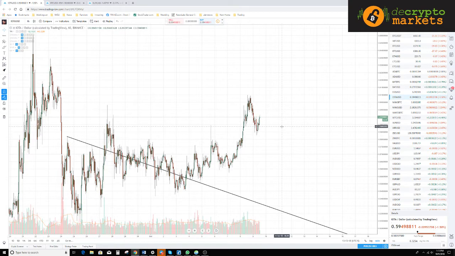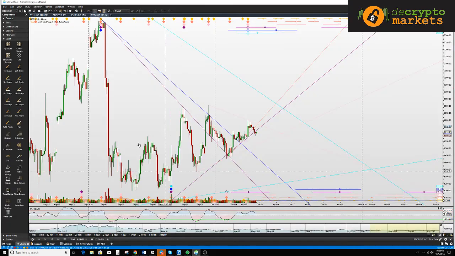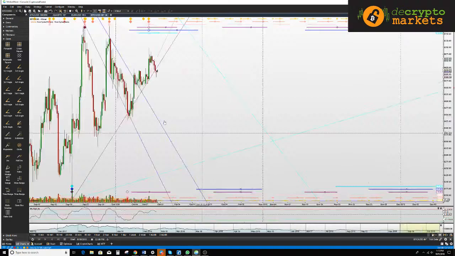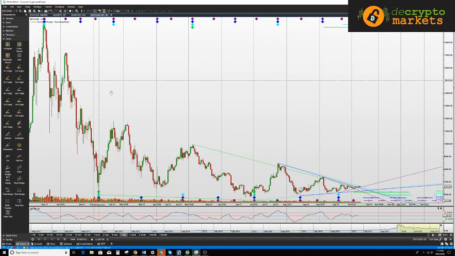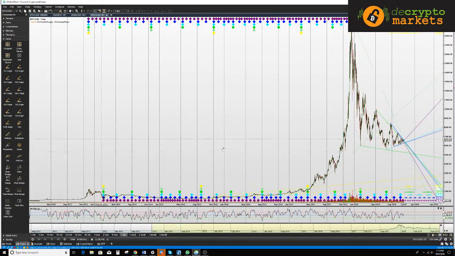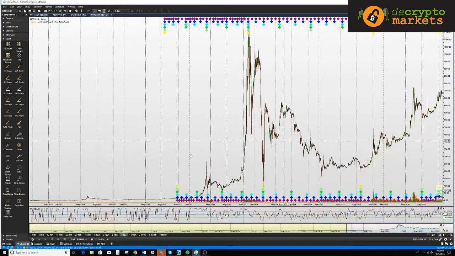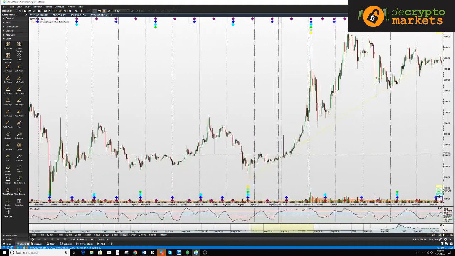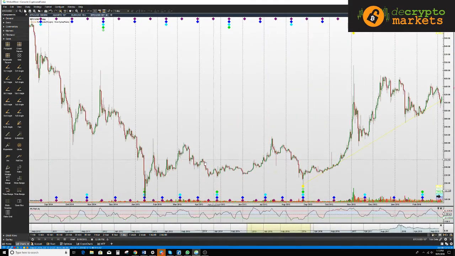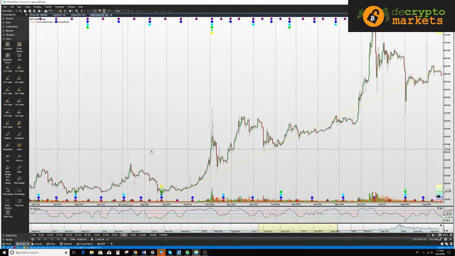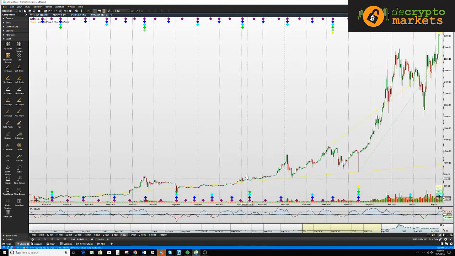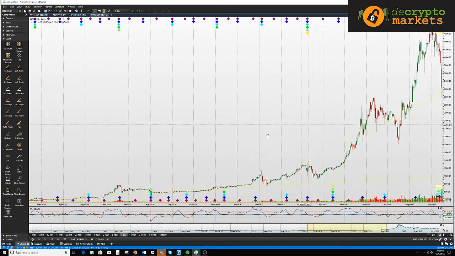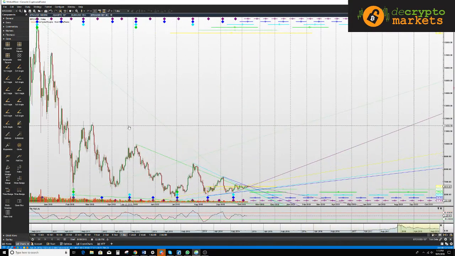If we go back 10 years of data, or 8 years rather, it's very, very dangerous to have a bearish outlook, because we can just see through history that the late fall and winter is when cryptos like to rise. It's just never a good idea to try and short this behemoth